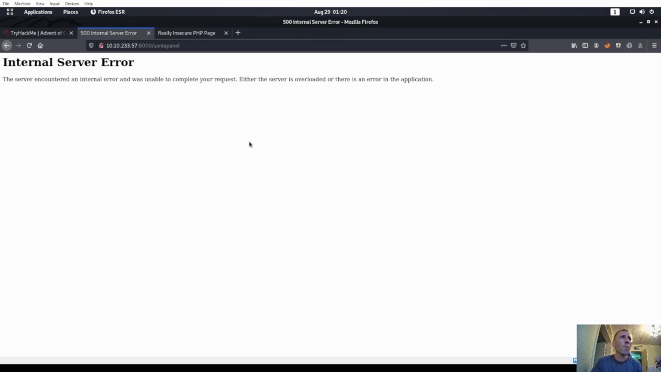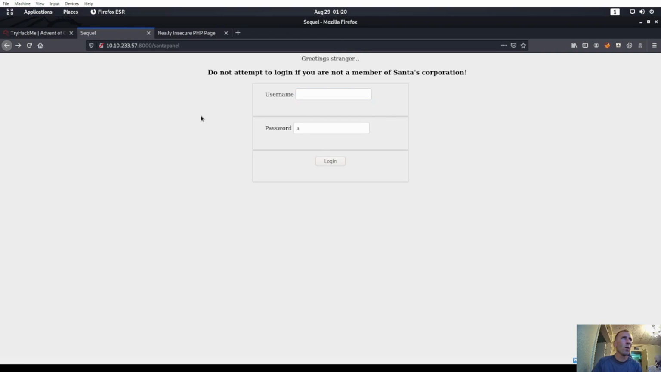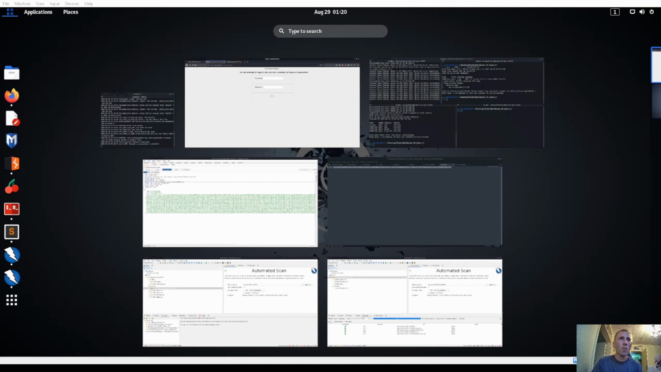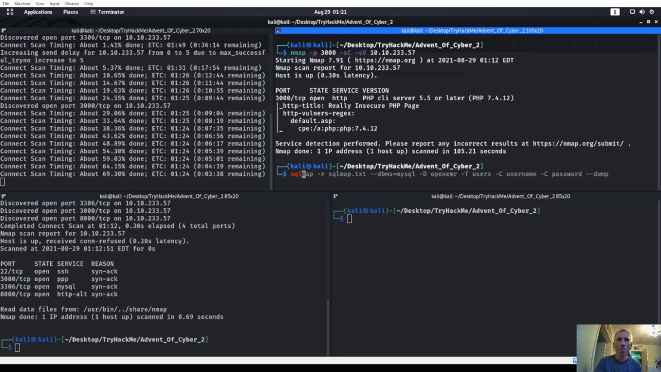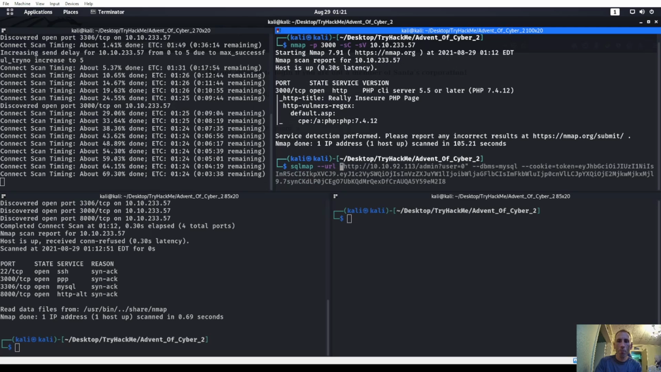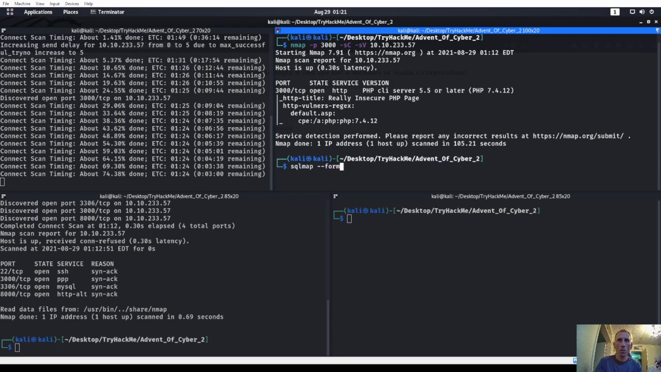Let's try that. Okay, let's try to do SQL map, I guess. Let's go ahead and throw that at it. We'll see if we can get anything with SQL map. So that's what I'm thinking, SQL map, and we'll throw that at it and we'll see. We'll do the forms. SQL map, tac URL, or actually we'll do tac forms. Tac URL equals